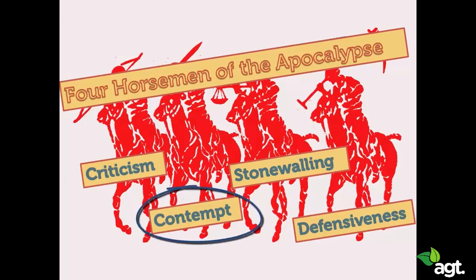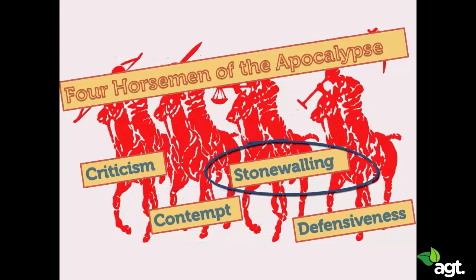The best predictor for a divorce is a behavior they call contempt. That's the second of the horsemen of the apocalypse. Contempt, that's when partners have an attitude of superiority towards one another. For example, you think you're more intelligent than your partner, or you're more punctual than your partner. And these attitudes often express as hostility, mockery, and disgust. This is the worst of the 4 horsemen, and almost certainly leads to divorce or breakup.